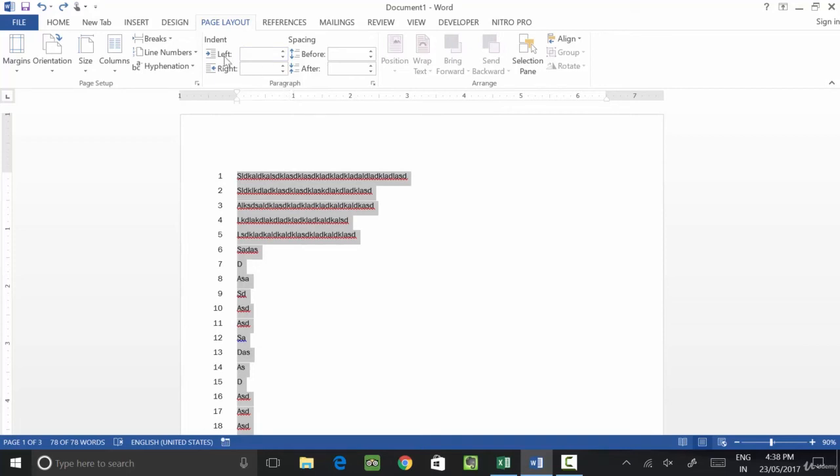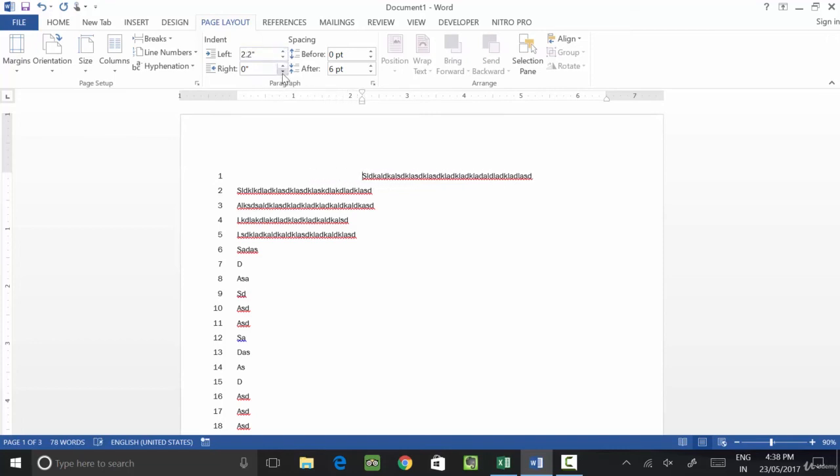Now this is the margin paragraph option. In the paragraph option, if you want to set the space from the left and right side, then we use indent. For example, if you change it, suppose I want to move my text, you see it is going or not? So if you want to shift it to the right side, then you increase left.